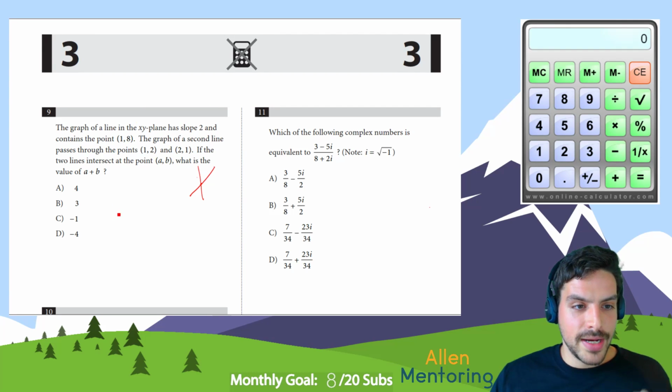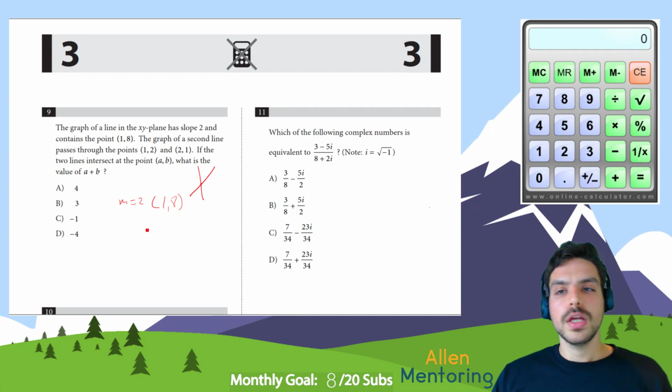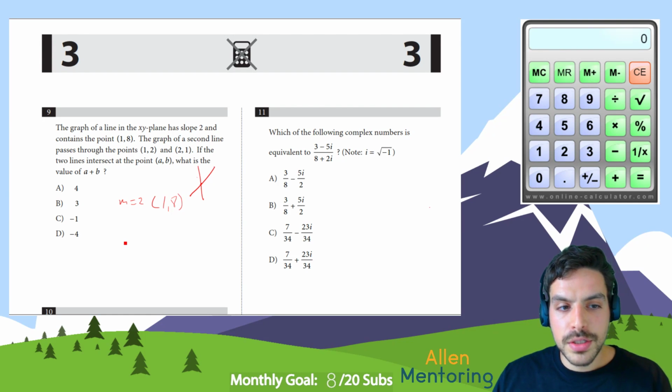So for the first line, it has a slope of 2, and it goes through (1, 8). So if you recall the point slope formula,